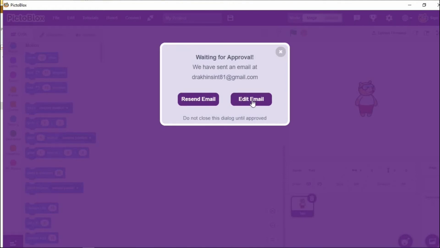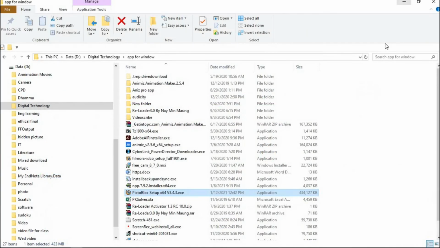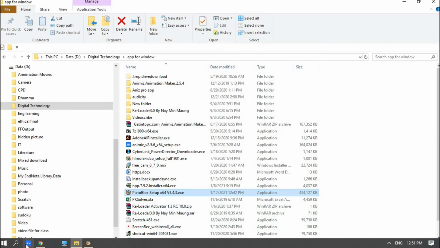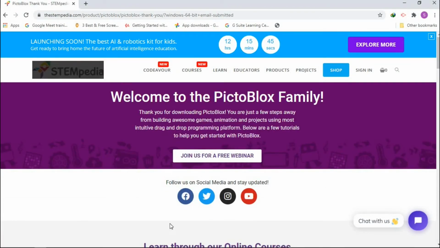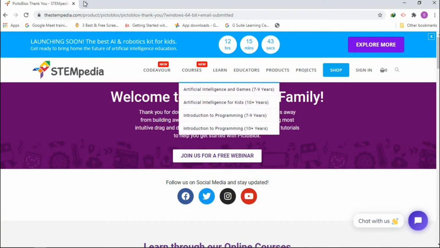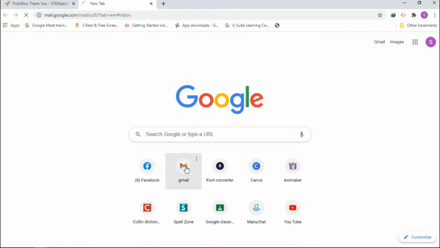So we're just gonna close it, and we're gonna minimize this because we're gonna look at Gmail. So we're gonna go back to Google. Okay, so we're gonna open a new tab, and we should wait a little bit. So we're gonna go to Gmail,